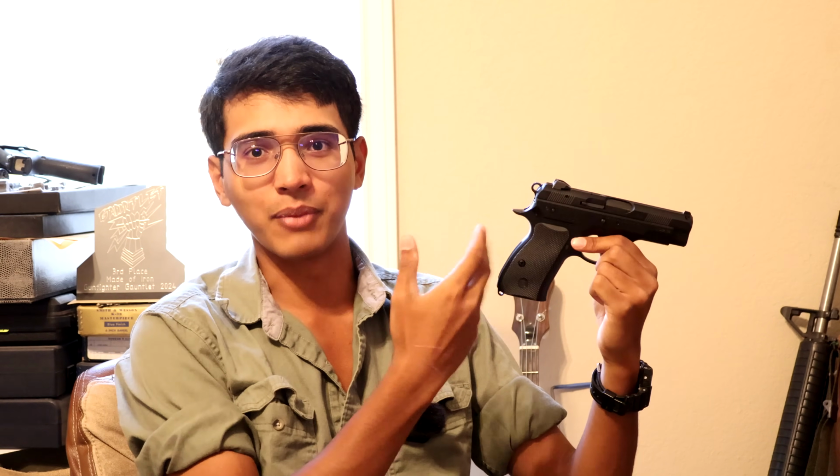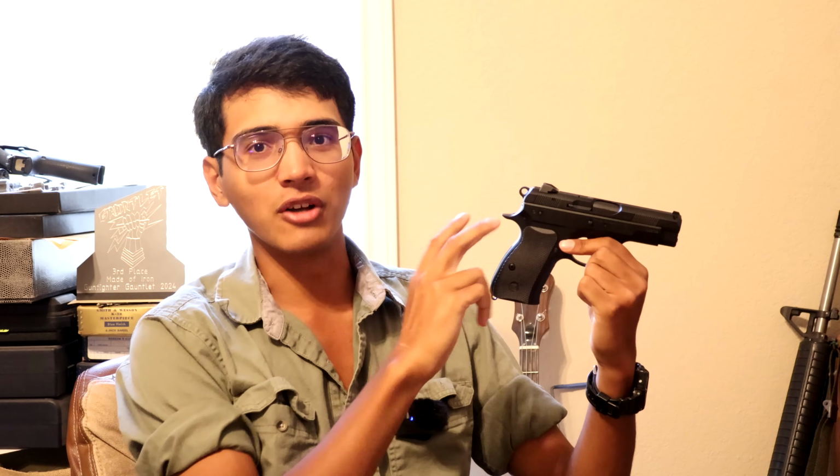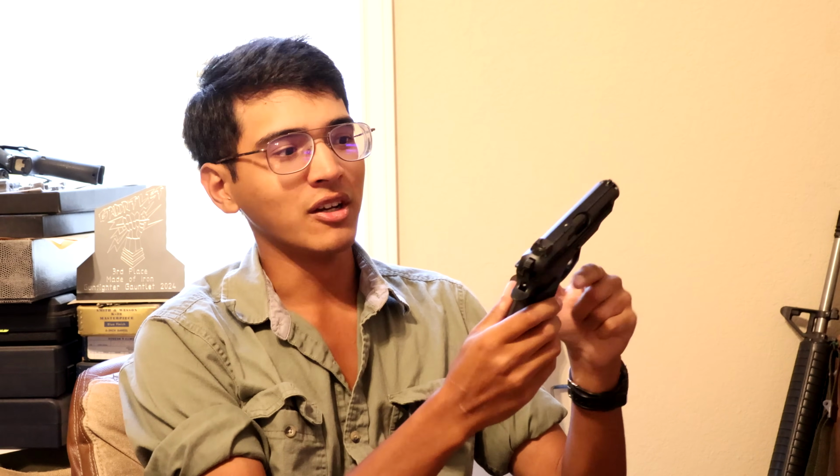Of course, it does have that metal frame. It is more massive than the plastic frames of the Glock. But you'll also notice that the CZ75, due to its design with the internal rails and just how tiny this slide is, is less massive than a Beretta slide. So that means that given the same amount of energy, this slide is going to be able to accelerate faster, which of course in this scenario is an advantage because all of this relies on the slide's ability to accelerate